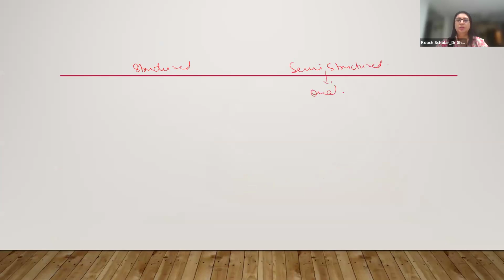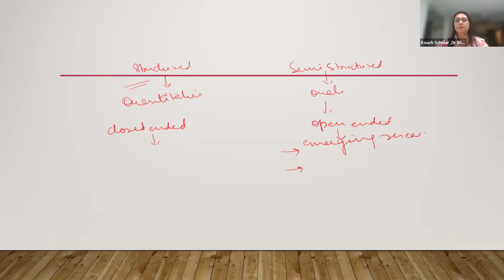Semi-structured is made in the qualitative and structured is actually a part of a quantitative study. When we say the questionnaire is structured, it means it is closed-ended. And when we say qualitative, it is called an open-ended questionnaire. Now, why open-ended and why closed-ended? Why is qualitative called an emerging research design and is flexible